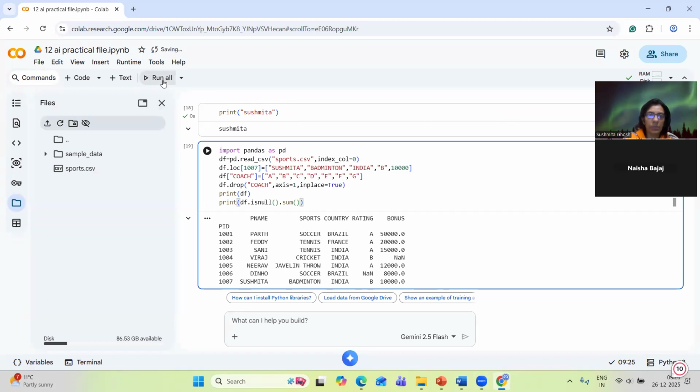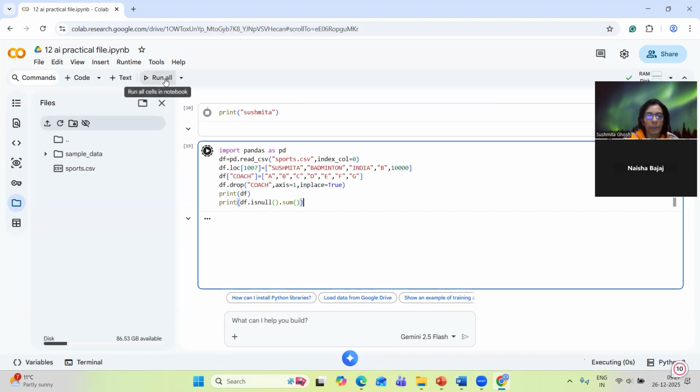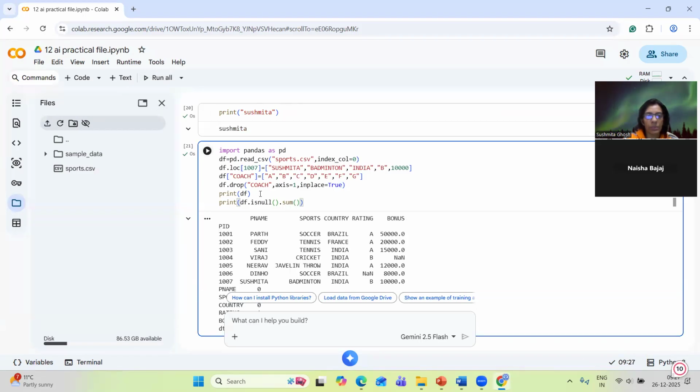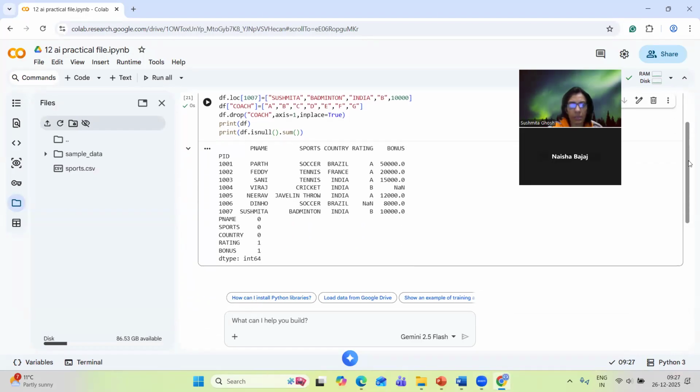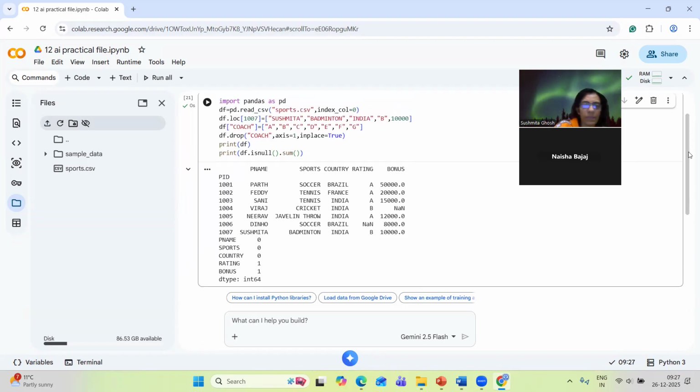प्रिंट के साथ डायरेक्टली लिखा है तो आई विल गेट द आंसर। That's going to give me this two, उसमें मुझे null values दिख भी रहा है, so I can easily check out whether my answer is correct or not। ठीक है, I'll just take the screen down। So column wise it is showing me p name में कोई null values नहीं है, sports में नहीं है, country में नहीं है, rating में एक null value है, bonus में एक null value है। ज्यादा होते तो अकॉर्डिंगली काउंट करके सम करके दिखा देता। तो दैट्स माय नेक्स्ट क्वेश्चन,